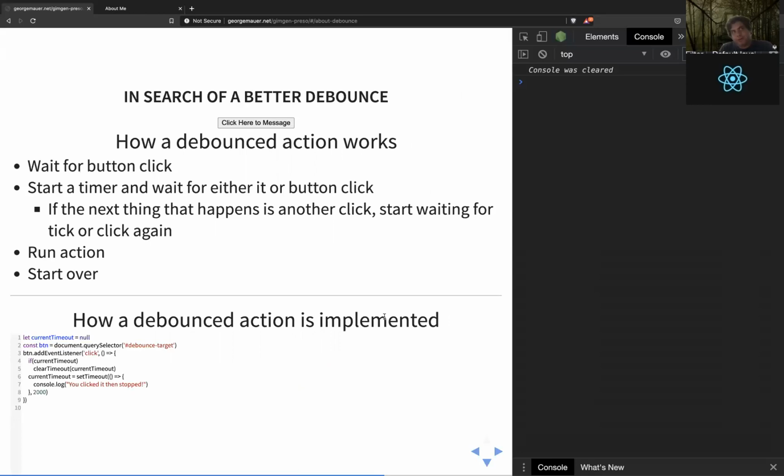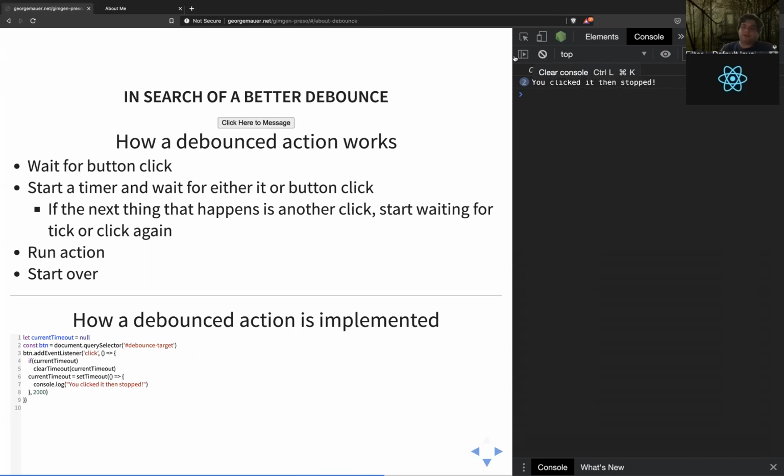Having shown that generators and streams, and thereby functional reactive programming, are kind of equivalent, can we build upon this, for example, by implementing debounce? If you're not familiar with debouncing, the way it works is you wait for a button to click, and then sometime after it, you log that it stopped. But if I'm sitting there mashing the button, you're not going to log anything. You're going to wait until I stop mashing the button, and then you're going to log out.